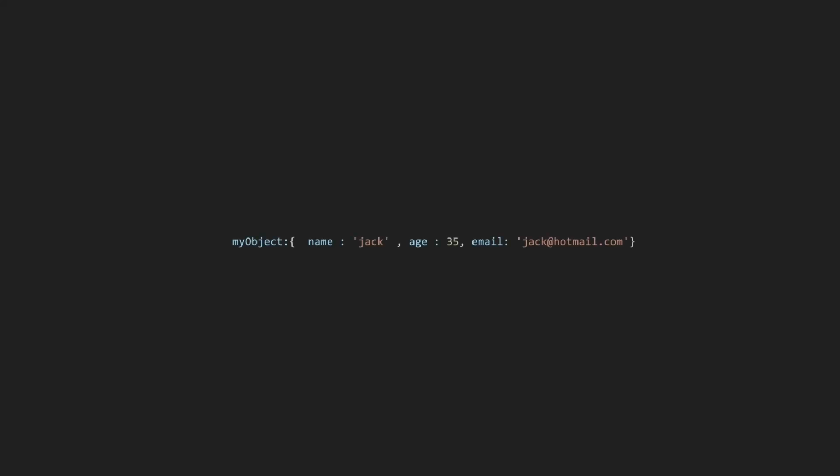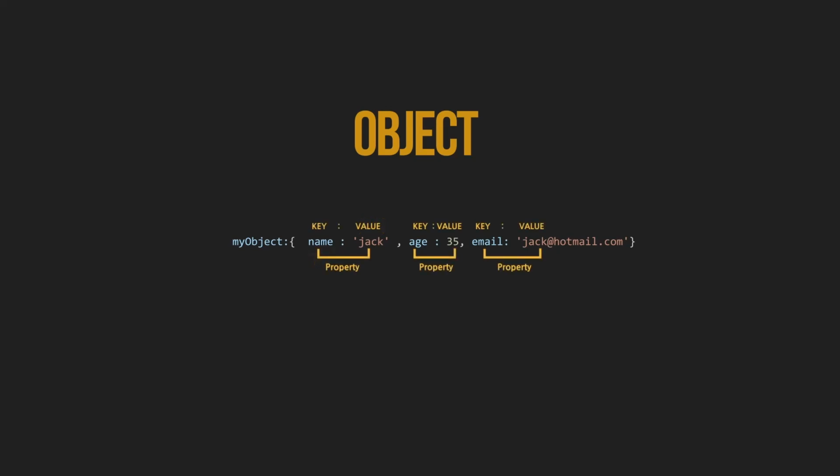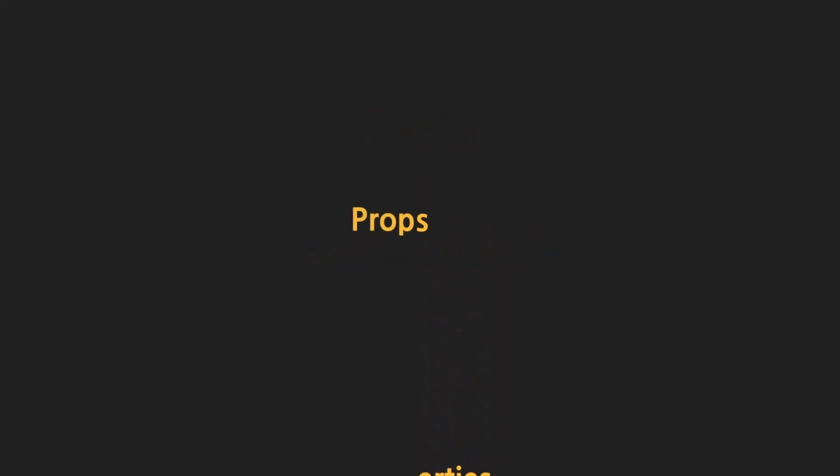Since you are here, you probably know what an object is. As you know, the key value pair in a JavaScript object is called a property. So let's start from this point. Props. Simply, the idea of props depends on passing these properties as HTML attributes, which consist of an attribute name and